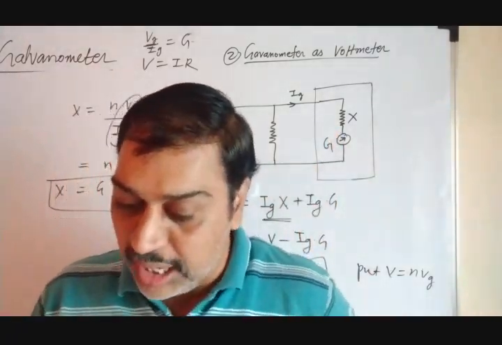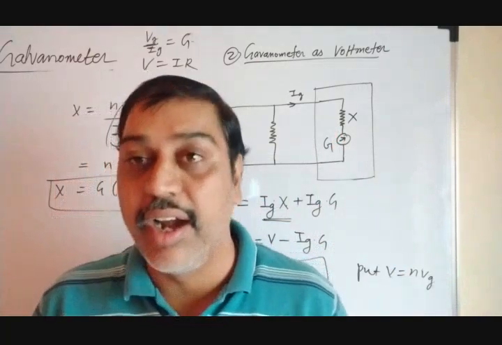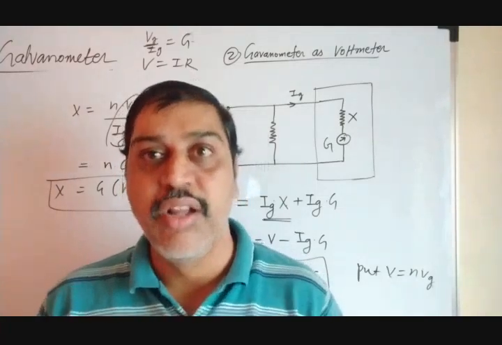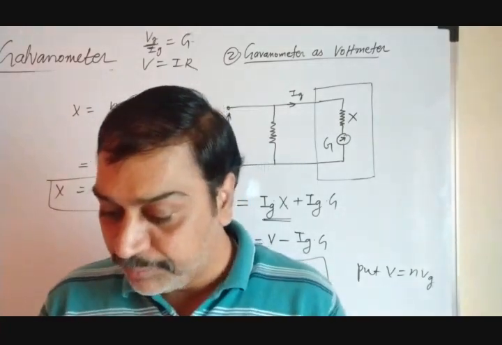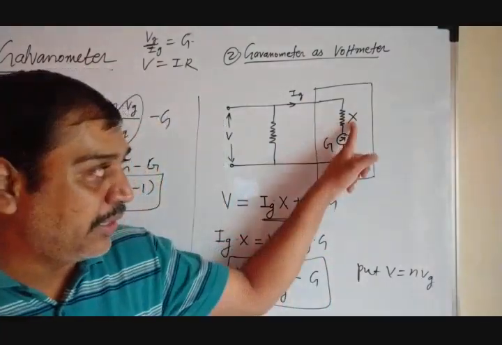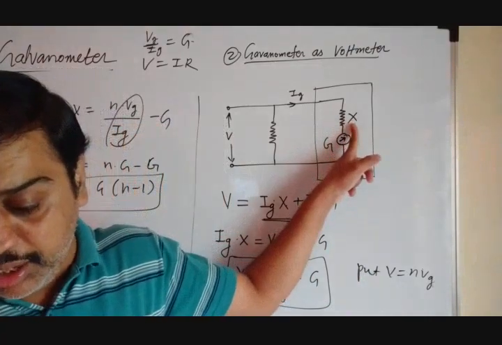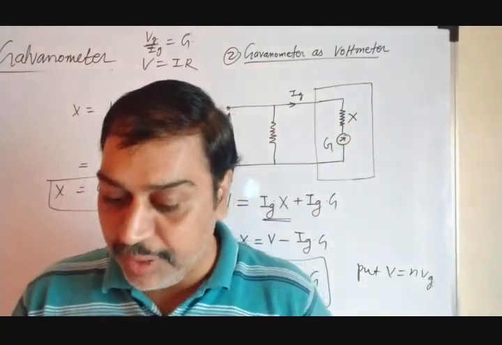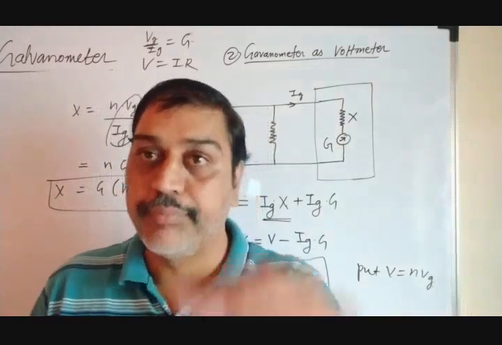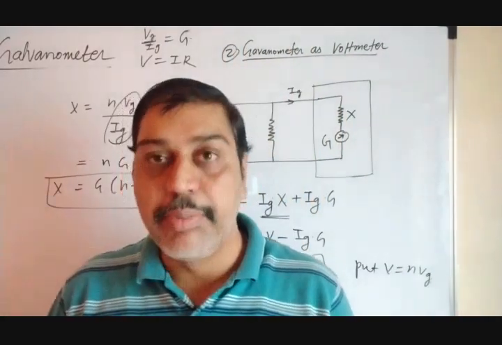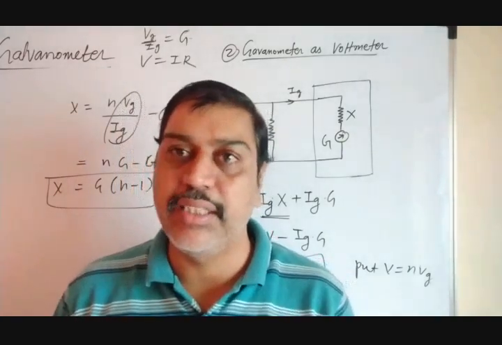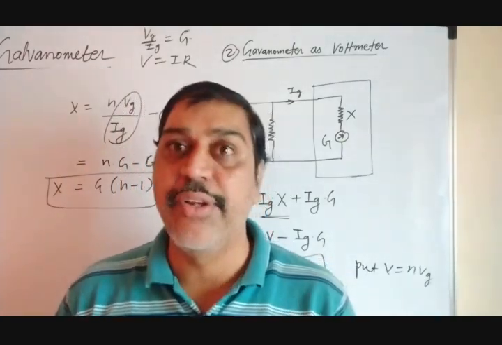Fourth one, the smaller the shunt resistance, the greater the current measured. In case of ammeter, the parallel resistance is called the shunt. If its value is smaller, we can measure more current. In case of voltmeter, the larger its resistance, the greater the potential difference measured. If this X is more, we can measure more potential difference. And the fifth one, resistance of ammeter is given by R equal to. So these are the 5 distinctions between the ammeter and voltmeter, and all these points can be compared by considering that we are using a galvanometer.